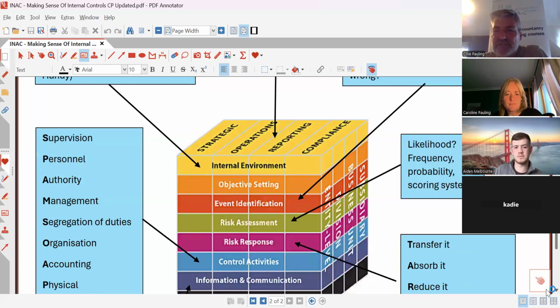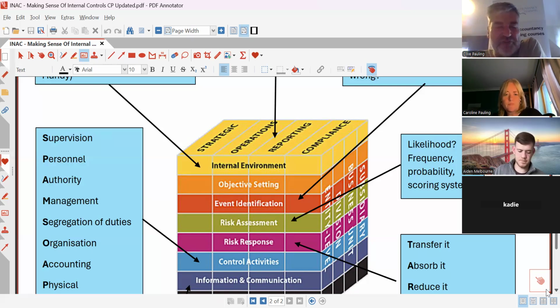Okay, so risk assessment, that's in the syllabus. What are we doing when we're assessing risk? We're just thinking about the likelihood that this event might happen, and we're looking at the frequency that it might happen. We can think about assigning probabilities, if you like, to these risk events. We can try and measure them in some way, come up with scoring systems on a matrix. Yeah, multiply the likelihood by the frequency, and we end up with a number that will help us to consider,